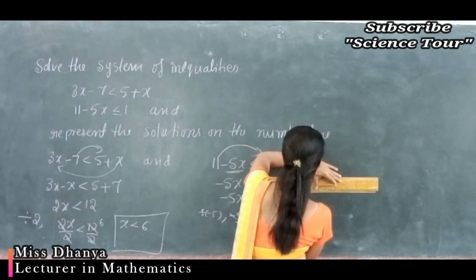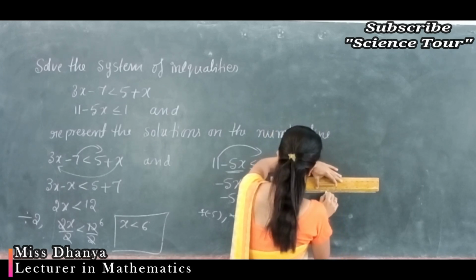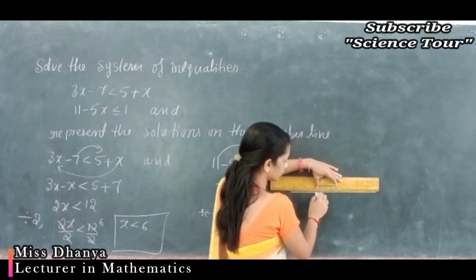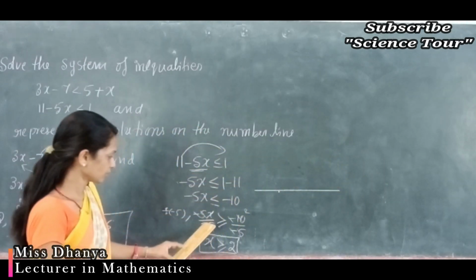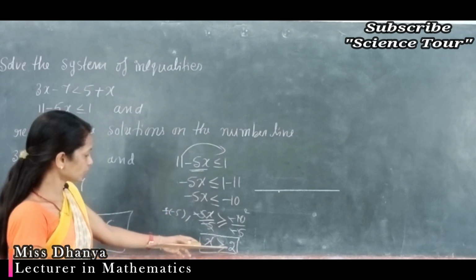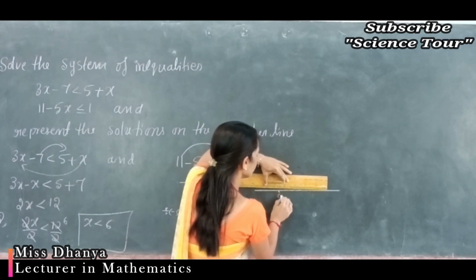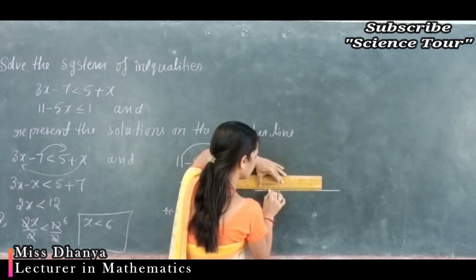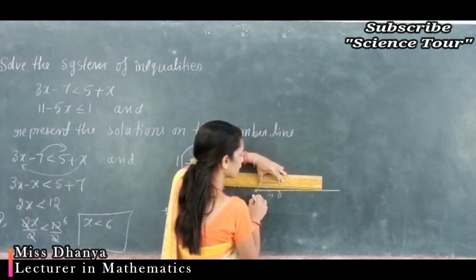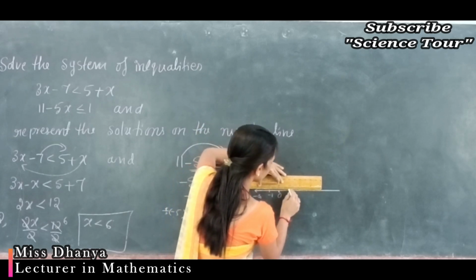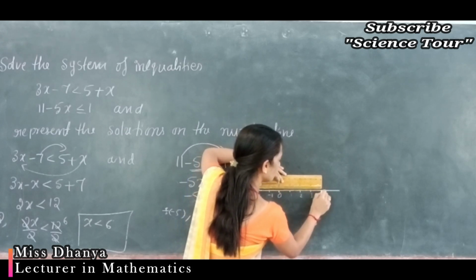For the first inequality, which number did you get? X less than 6. Okay, in the middle of the number line I'll mark 0 here, because the left side of that number line is not needed now, since we got positive numbers. On the left side are negative numbers: minus 1, minus 2, minus 3, like that up to minus infinity, and on the positive side the positive numbers 1, 2, 3, 4,